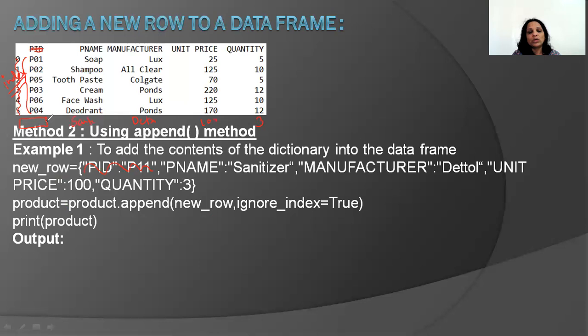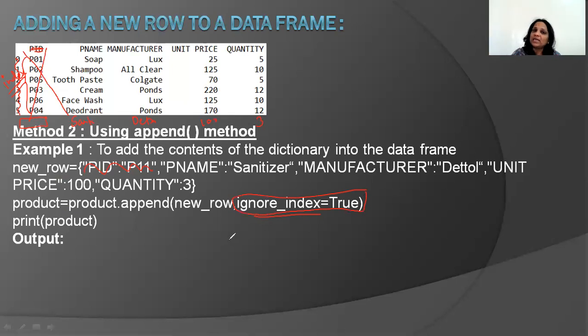So for that reason, when you see ignore_index, this indexing gets ignored. Which indexing? The labeled indexing, the named indexing. The named indexing gets ignored and the newly created data frame only has positional index, because positional index is very easy. If you have from 0 to 5, the next one is automatically going to be 6. And that is what this is talking about. If your data frame already has a labeled index, that has to be ignored when the new element is added to the data frame, and it automatically takes the positional indexing.